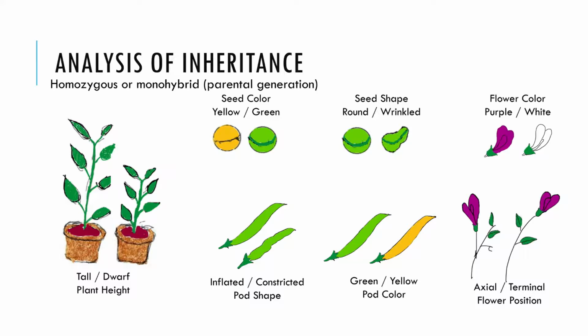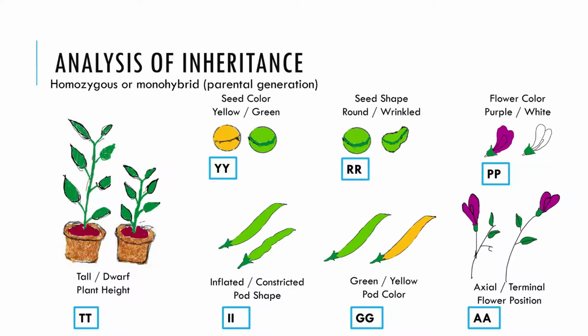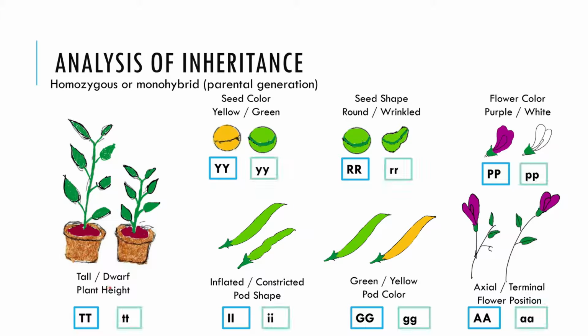Now let us see how the Punnett square is represented. Mendelian genetics uses symbols to represent this. It is common practice to use uppercase letters for dominant alleles. For example, tall plants would be represented as TT, and YY to represent the pairs of alleles for dominant alleles. And similarly, recessive traits would be represented as lowercase alleles, such as this.